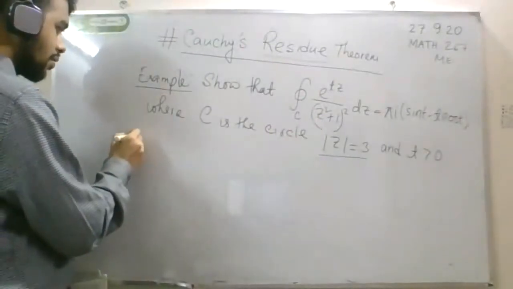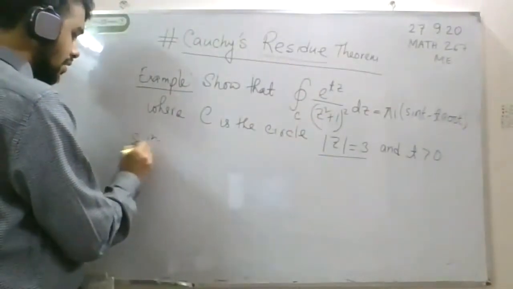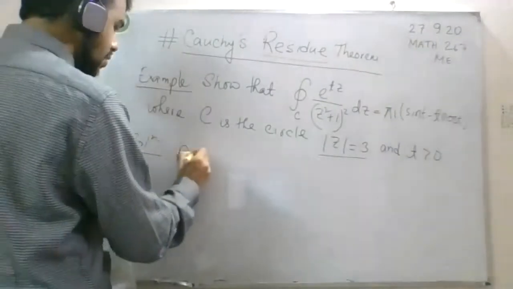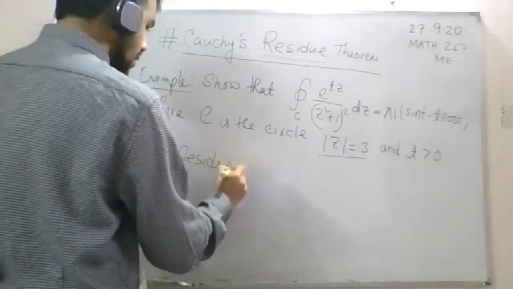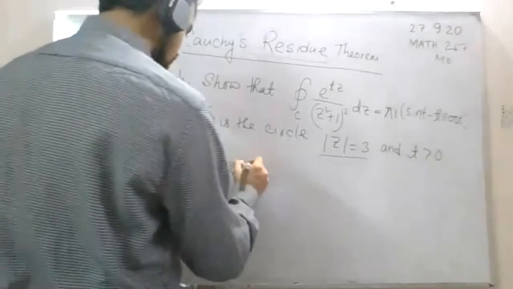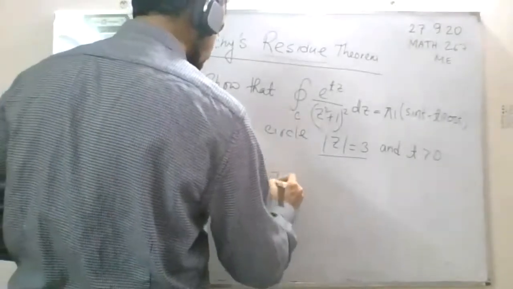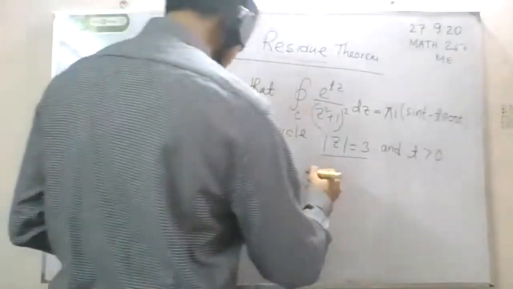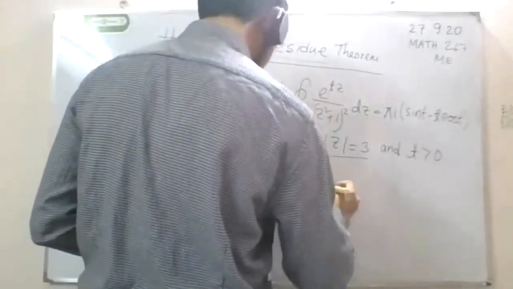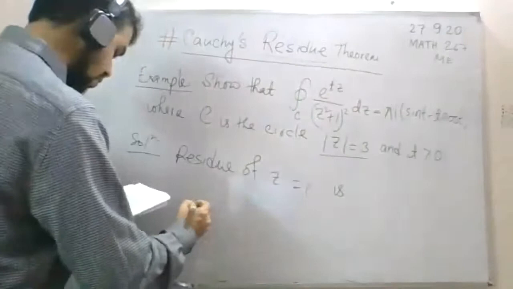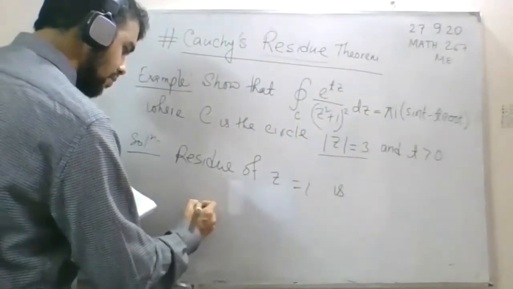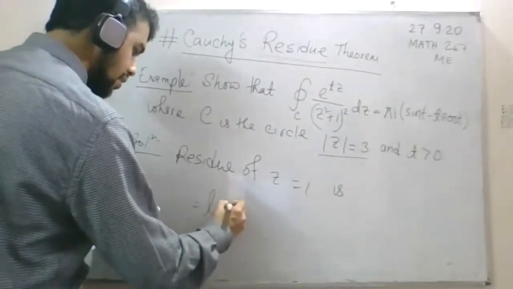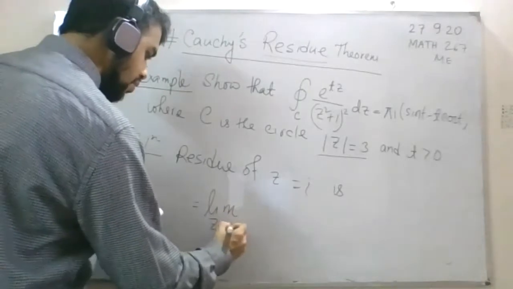Since it is a double pole, so you can say residue of z equals to i. So what is our formula? Just tell me. Limit z tends to i. Then